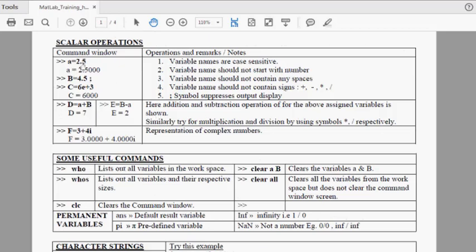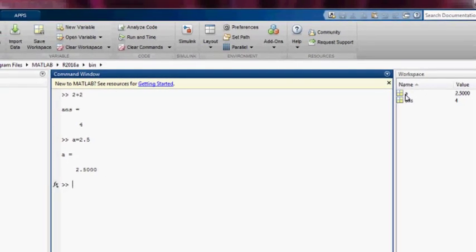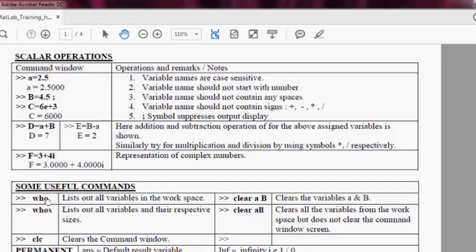So it has been told to do this: A equal to 2.5. Let me just redo what has been there in the document. Now when A is equal to 2.5, you can see A is declared as 2.5, which is assigned as A. Now capital B